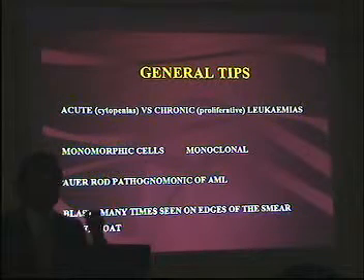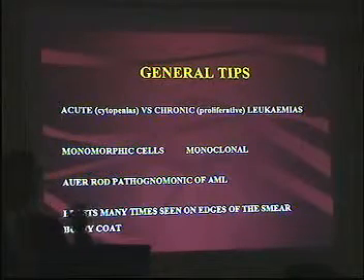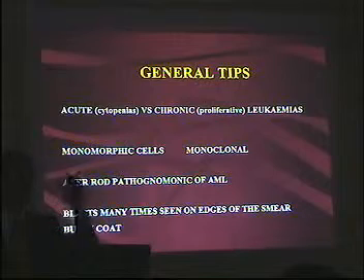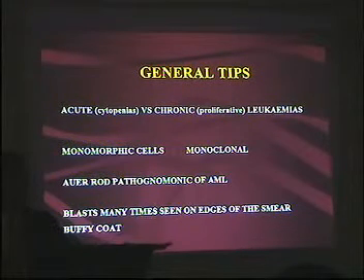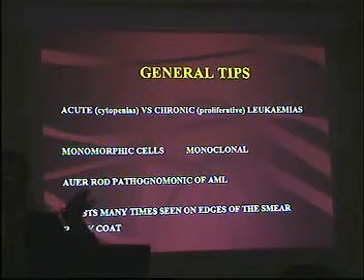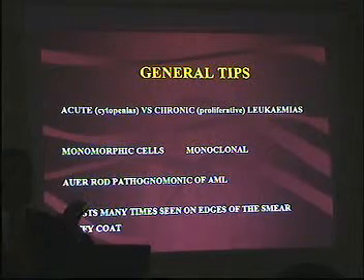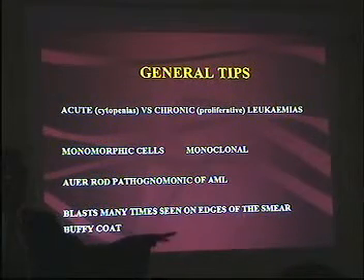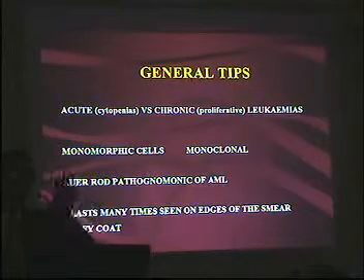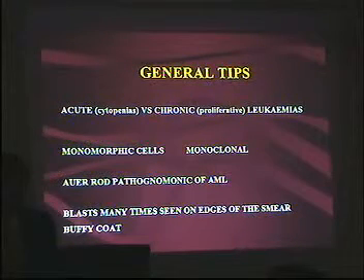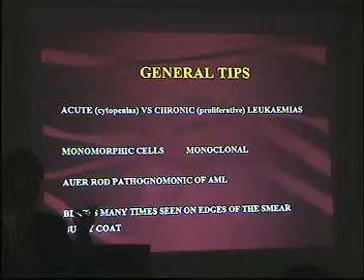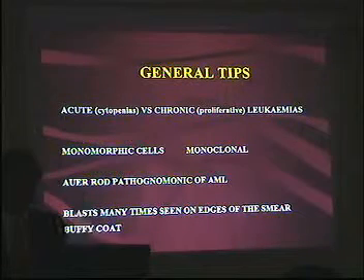If you look at the peripheral smear on a low power, on a scanner, the most important thing that will hit you is that they are monomorphic cells. You know that there is a problem. So the first thing you see under the low power or the scanner is monomorphic cells. Then you have to spend more time on that slide. They appear to be monoclonal rather than polyclonal, and therefore a problem.